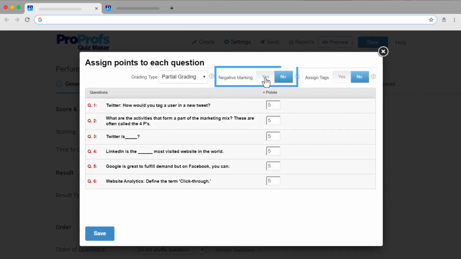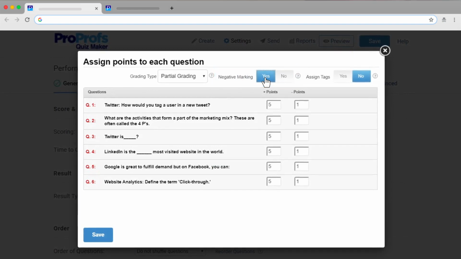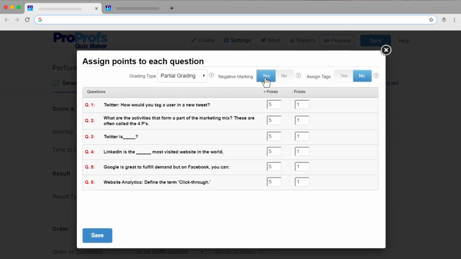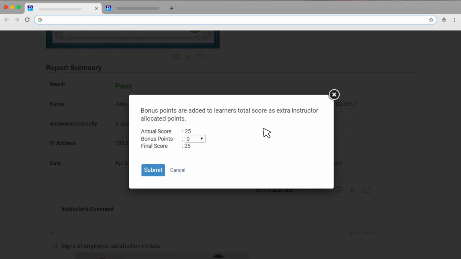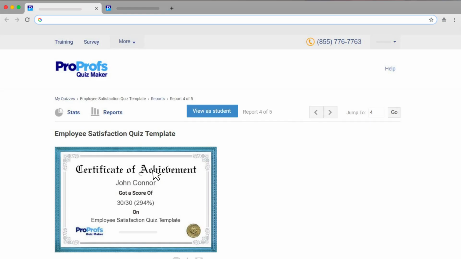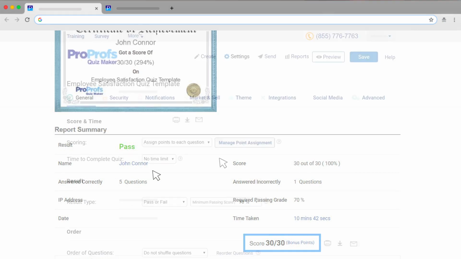You can use negative marking to penalize wrong answers of learners and discourage them from randomly guessing the answers during online tests. You can assign your learners bonus points in their final reports based on different criteria such as completing their assessments in time, extra credits for attempting certain questions, etc.